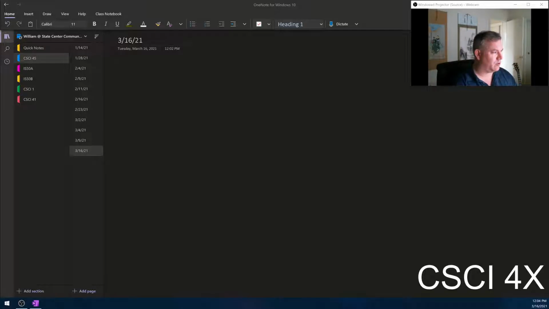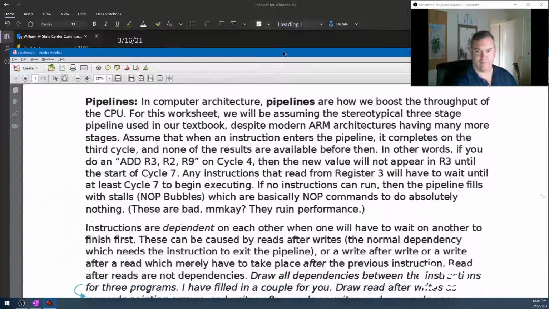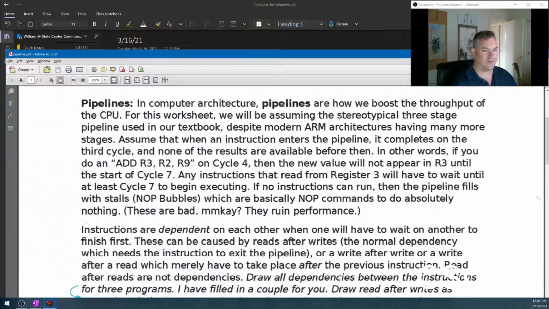Let's take a look at a pipeline worksheet, and see if we can hide the student name. All right, so the main thing when you do the pipeline worksheet is to figure out the dependencies, and then you reorder to avoid read after write dependencies. Those are the bad ones. Other kinds of